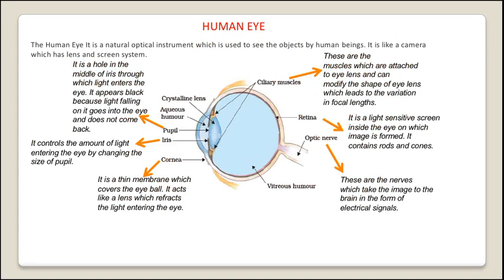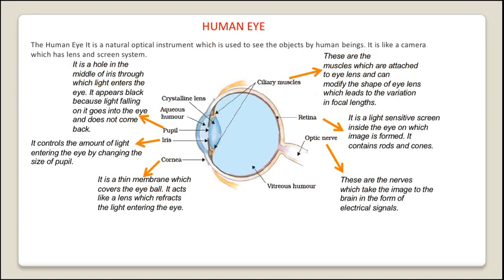In this slide you will see the diagram of the human eye and the most important parts. Although the human eye has a large number of parts, here I am only taking the important ones, like the ciliary muscles. It is a type of muscle attached to the eye lens that can modify the shape of the eye lens, which leads to variation of focal length. Means with the help of the ciliary muscle we can see near objects and far objects in a very short interval of time. As we grow older, these muscles get weakened and we may suffer from a defect called presbyopia.